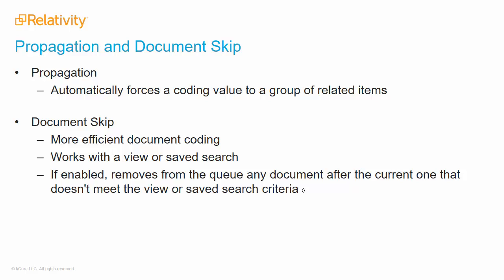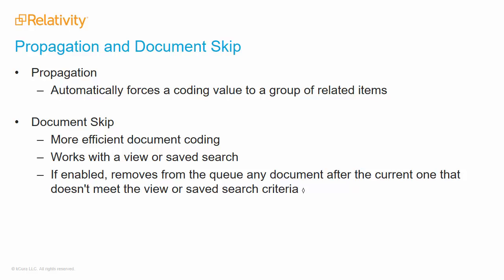So propagation and document skip can help enhance your review by allowing you to code documents more efficiently and making sure that related items stay together and have the same coding information. Document skip uses propagation, which automatically forces a coding value to a specific group of related items. Propagation is a function that works in tandem with document skip and needs to be set up by your